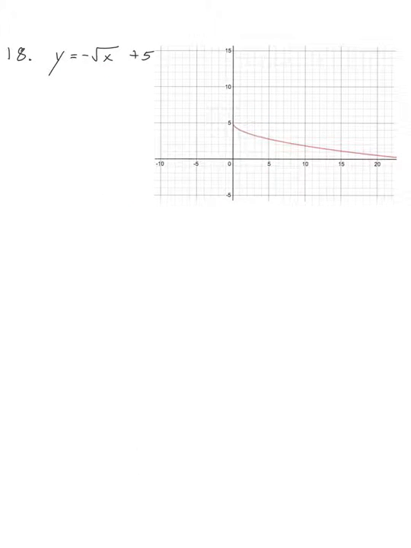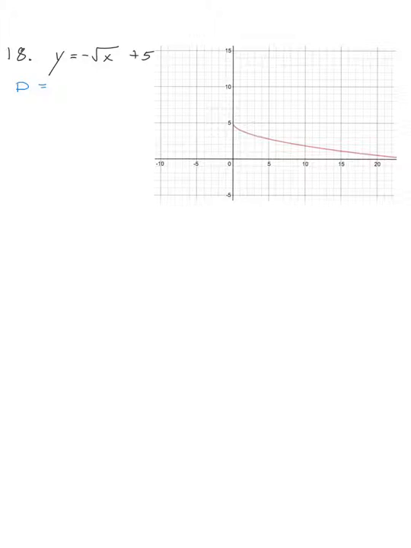All right, let's find the inverse of y is equal to negative the square root of x, with then plus 5 outside of the root symbol. And here's the graph of that function. Does it have an inverse? And the answer is yes, because this is a 1-to-1 function, every horizontal line only goes through the graph once. But what I'm going to do to start with is just note that the domain of this function, the x values of it,